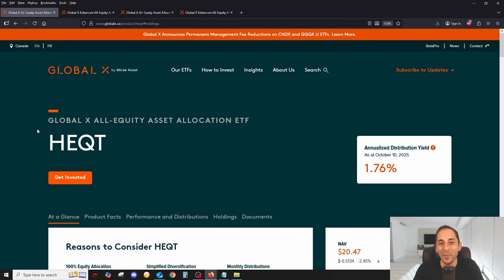So we've covered many indexes, or some of the most popular indexes to get you access to stocks all around the world. S&P 500, NASDAQ 100, Russell 2000 in the US, the TSX 60 for Canada. You have the MSCI EAFE for developed countries outside of North America, like Japan, Australia, EU, UK, etc. And you also have the MSCI Emerging Markets Index, which gives you access to more emerging or developing countries like China, Taiwan, Brazil, etc. But if you're asking, Adrian, is there an ETF that gives me access to all of